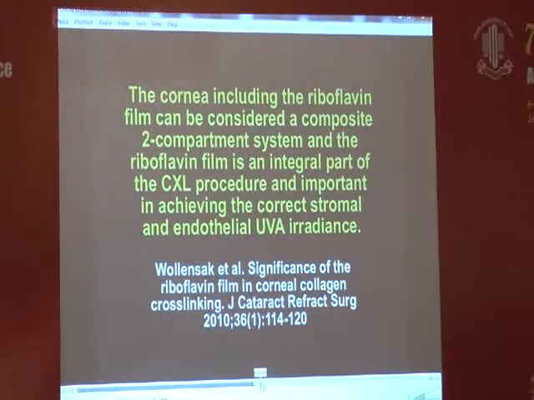slide view. This is Wallenstein's article which says that even when you're doing a cross-linking, I'm not talking about CSA or accelerated cross-linking in particular, but for all cross-linkings, after you put the